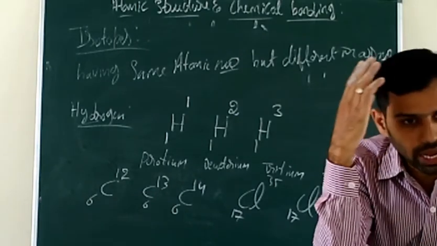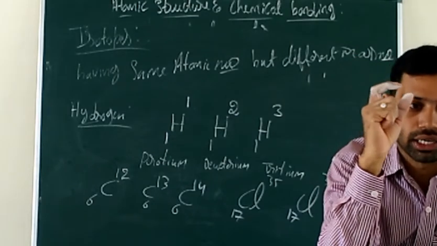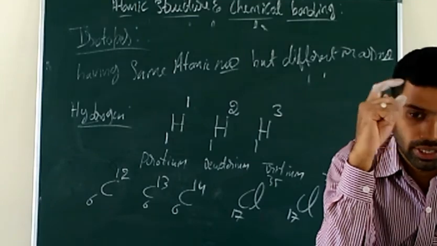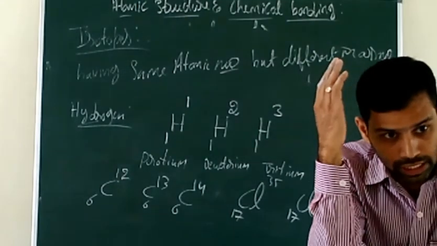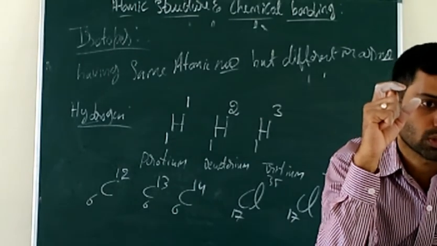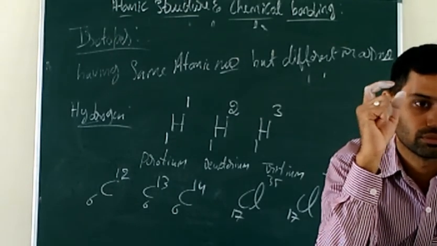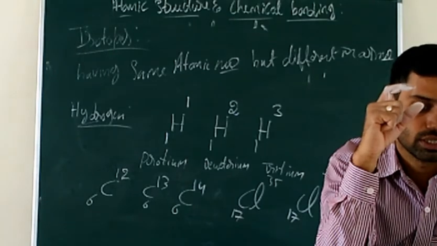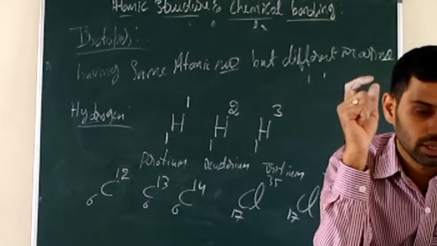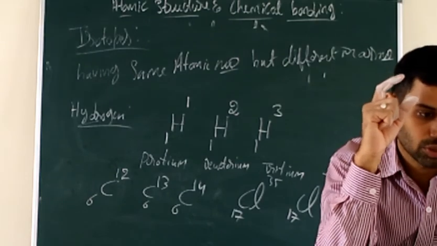So long back, if we get some material, 100 years back or 200 years back or 1000 years back, the age you have to find out. That time they will use the isotopes of carbon to find that age, of a historical place or something else. So that is the use of the isotopes of carbon.